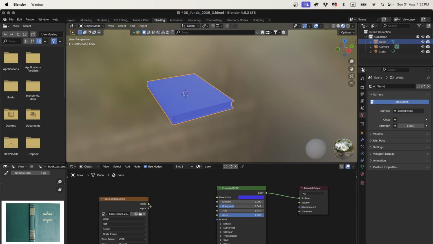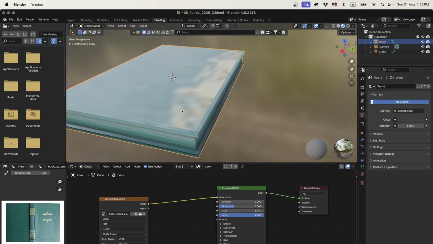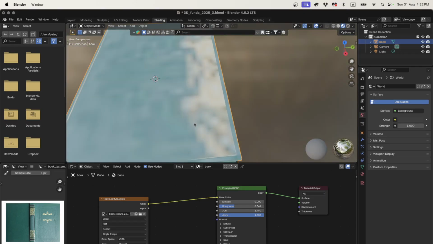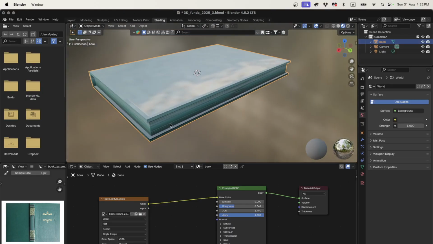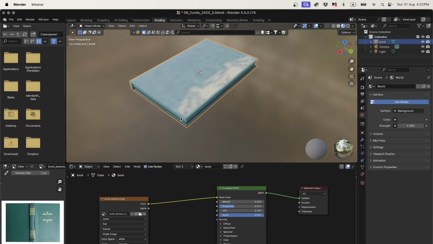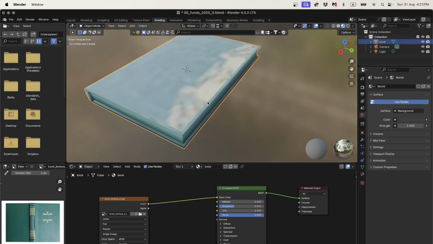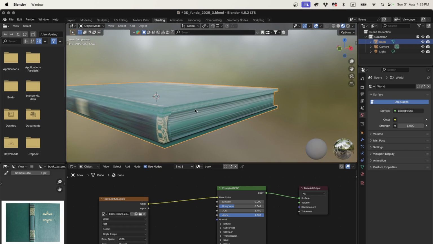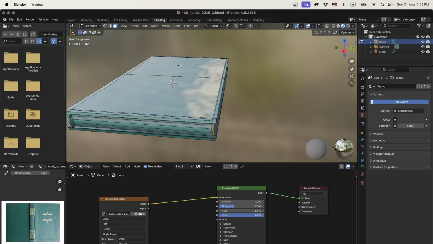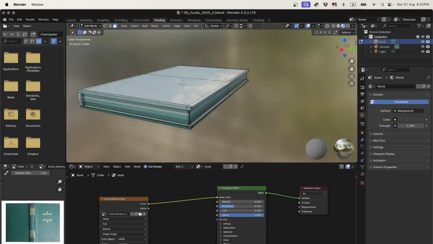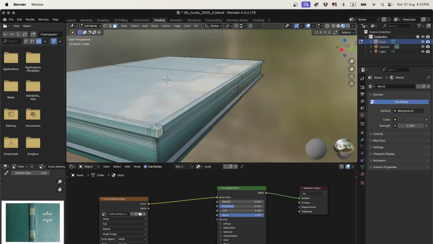So here's my book texture, and if I drag that on to the base color, it's come on, but it doesn't look very good. You know, it's all in weird places. Like the cover is obviously not in the right place, and all the pages look completely wrong. So what that is, that's UV mapping. Basically, because we've done a little bit of 3D modeling, Blender doesn't know anymore, or more specifically, where it should put the texture on all of these new faces we've made. So we have to sort of UV unwrap or UV map and just tell Blender how to put the texture